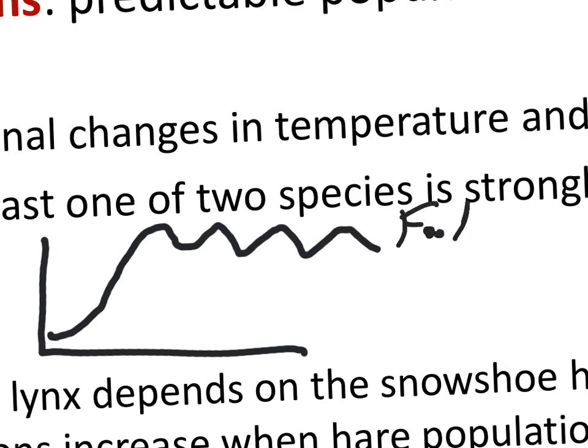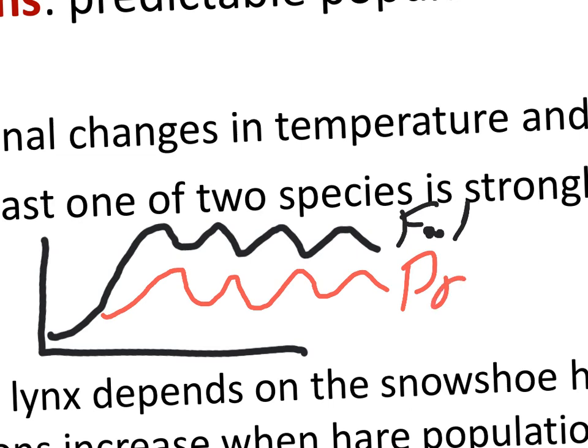Food. And then we have the predator. Okay, and it's cycling just a little bit.